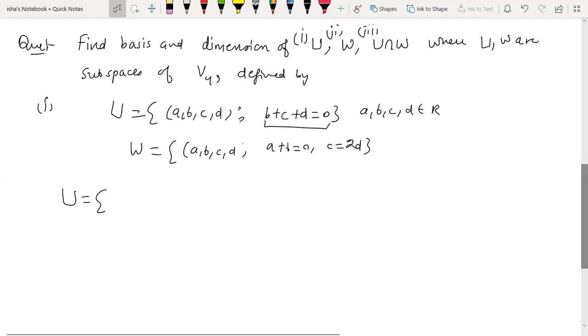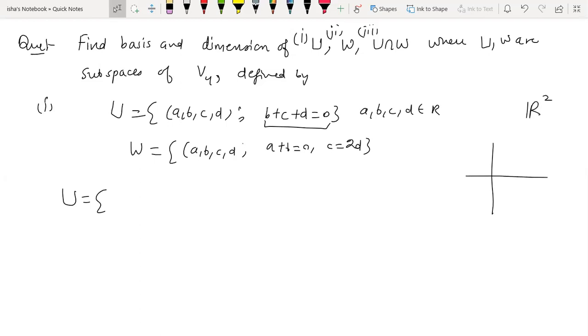You can understand it by taking the example of R2. Just like R2 is a whole vector space, a two-dimensional plane, in this case the x-axis is acting as one of its subspaces. If you take the second coordinate 0, all the points of the form (a, 0), where a belongs to R, form a subspace of R2, right? Geometrically it has this kind of representation.